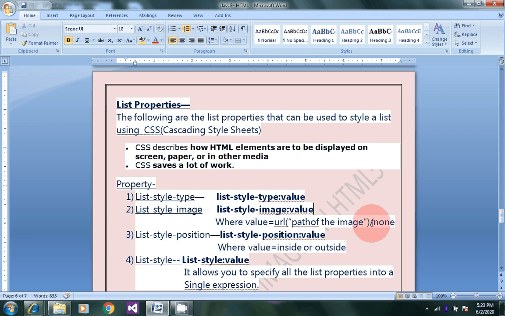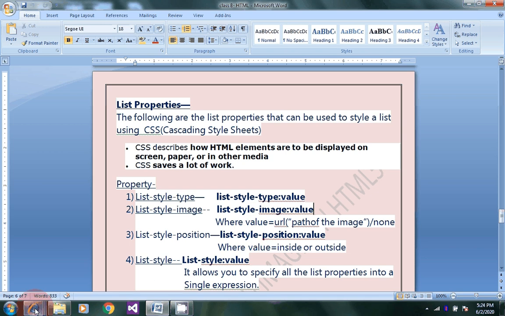Okay, the third property is list-style-position. List-style-position value, where value equals inside or outside. It indicates whether the marker should appear inside or outside the box containing the bullet points.